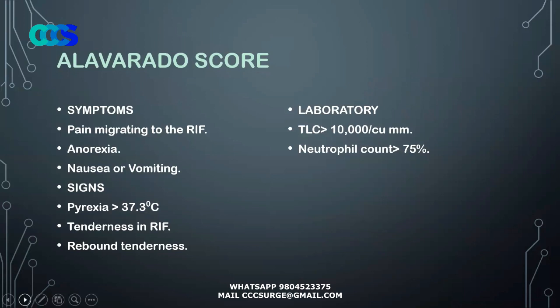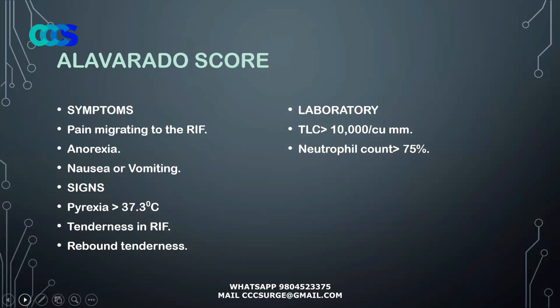There are a lot of people who've questioned that scoring, and there are other scoring systems. But the one that is most common, I'm sorry, there shouldn't be an extra A in the spelling. It's Alvarado. So there's no second A. Symptoms: pain starting around the umbilicus or, as a matter of fact, in the epigastrium, migrating down into the right iliac fossa, together with anorexia, nausea, vomiting. The signs are a temperature of more than 37.3 degrees Celsius and